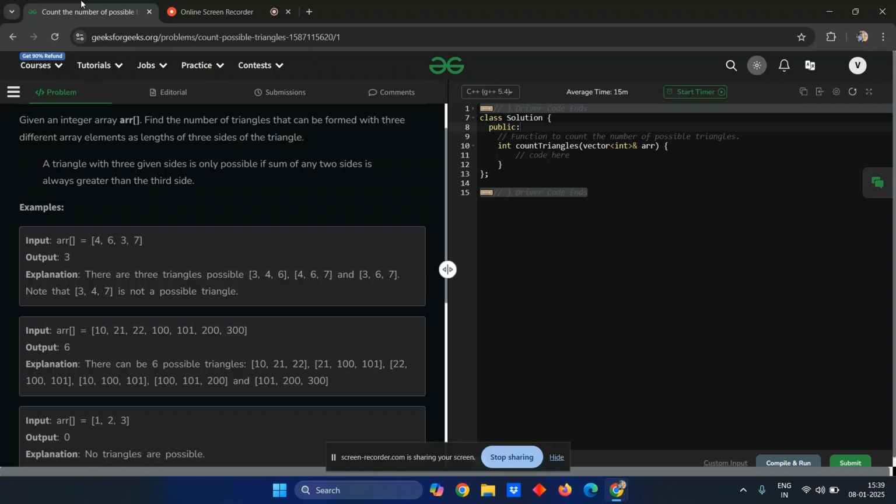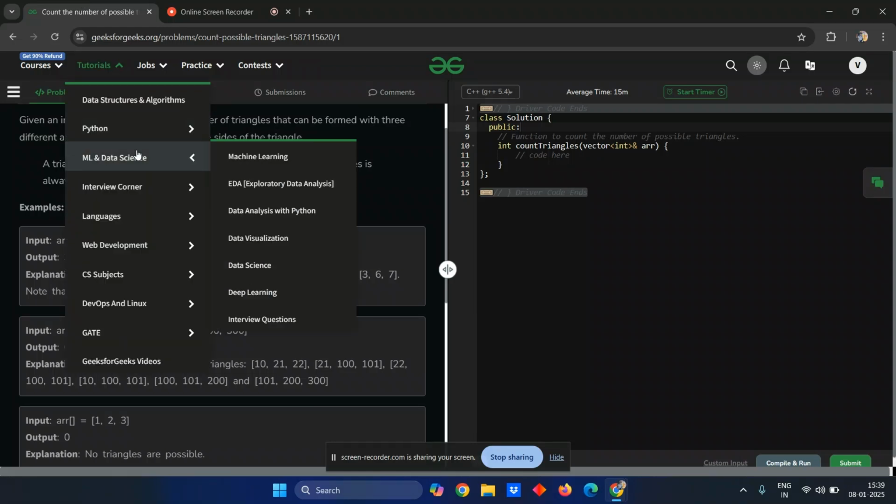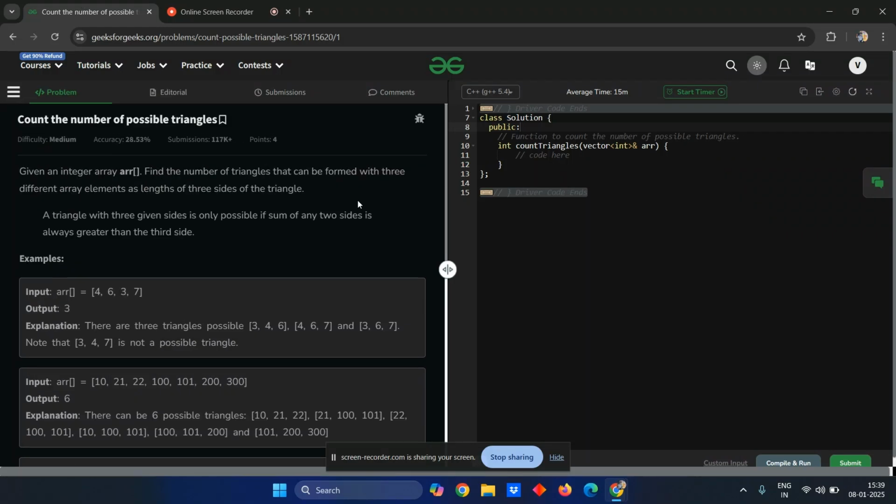Basically in today's GFG POTD, we have a problem: count the number of possible triangles. It is a medium level problem, and as given here, given an integer array, find the number of triangles that can be formed with three different array elements as the length of the three sides of